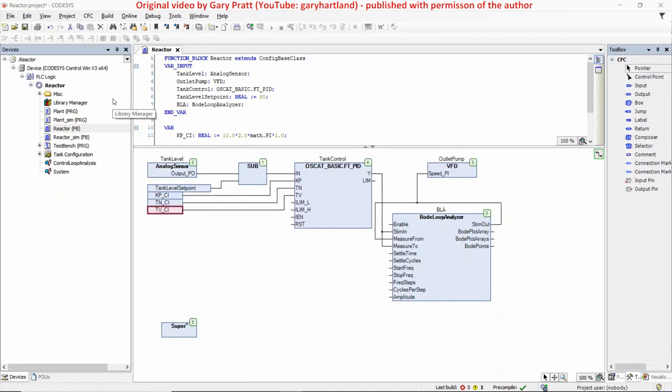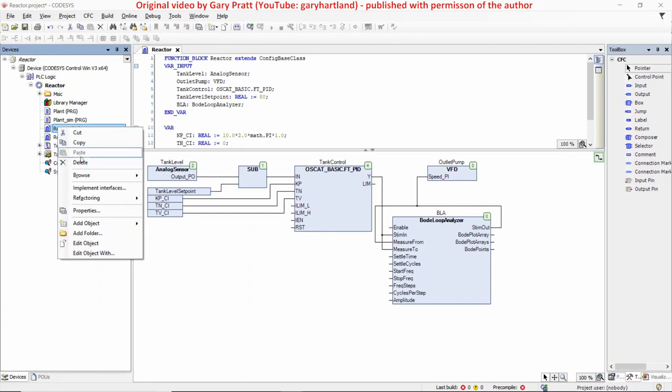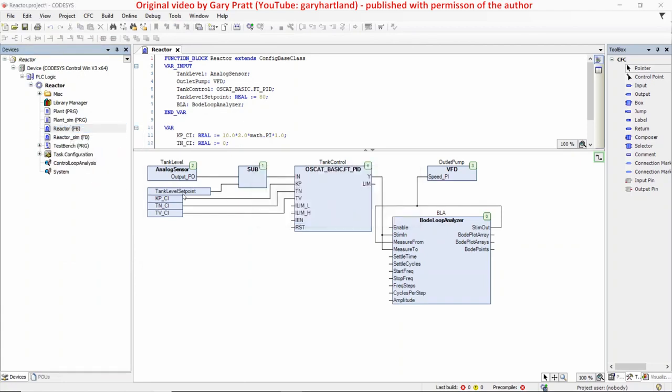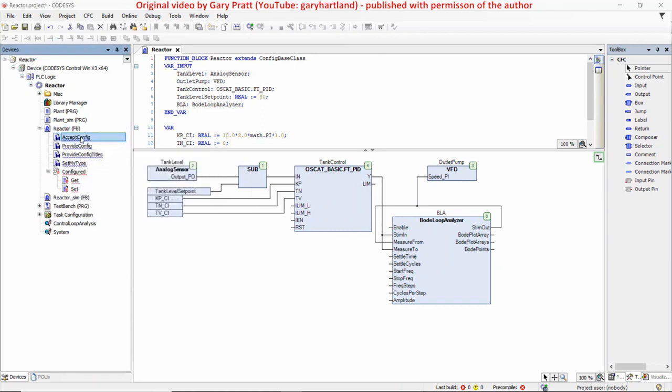The next step is to implement the interfaces, which are specified in the base class. CODESYS makes this easy with a right-click Implement Interfaces. We need to implement 4 interfaces: Accept Config, which receives the values from the central configuration service and writes the